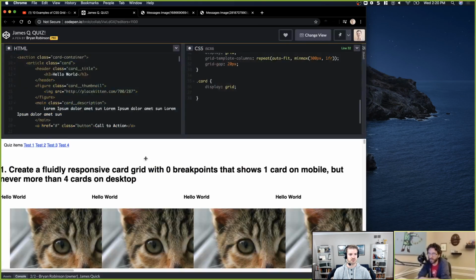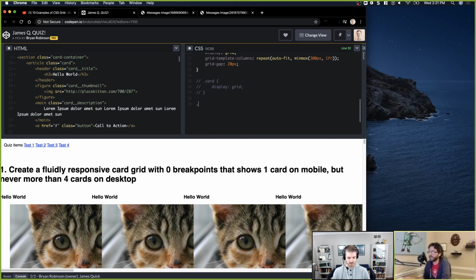I'm assuming it looks like they're all stacked on each other, so I may not even need display grid. I think you alluded to that earlier. I'm going to comment this out for now, and first grab the card thumbnail and set a height on it. It looks like your heights are consistent, so maybe it's 200 pixels.